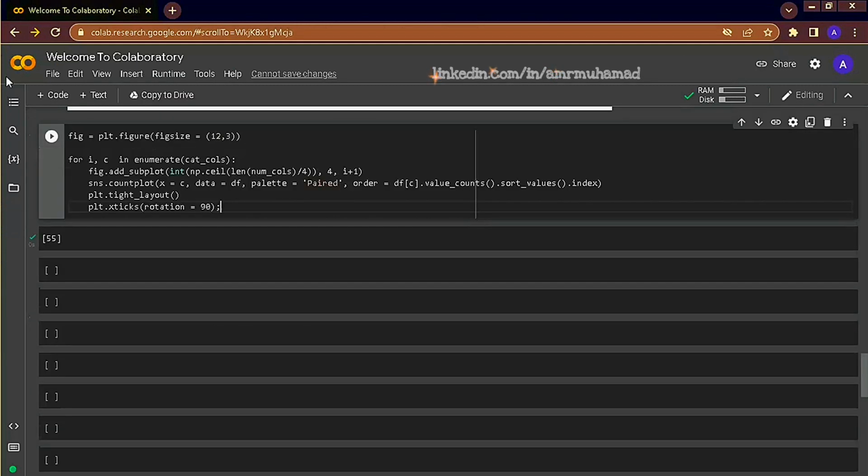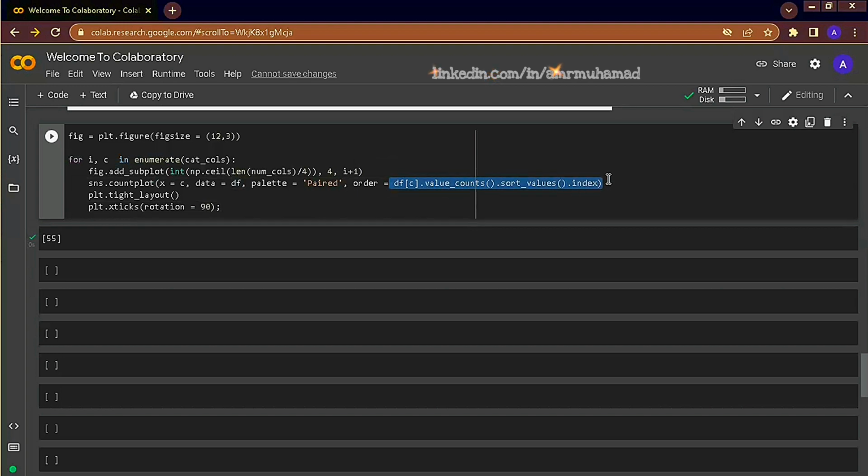Now, if we want to visualize the categorical columns, we'll also use a for loop to do the same as we did with histograms, but this time we are going to use count plots. Count plots display each category and the relative count of each level within each category. Two things are changed here. First, we used a paired coloring palette, and we ordered the bars sequentially.